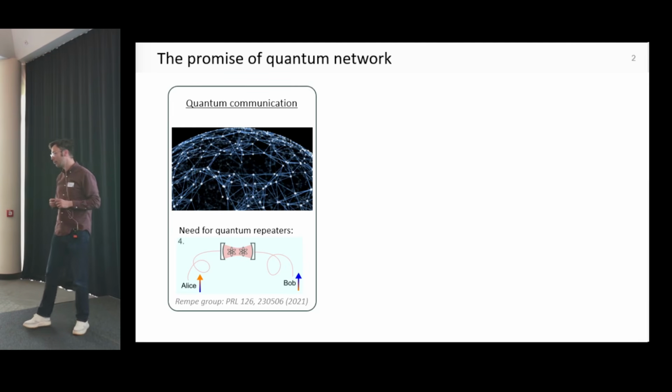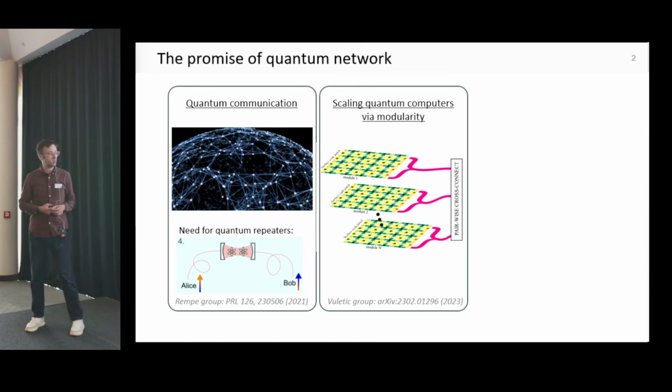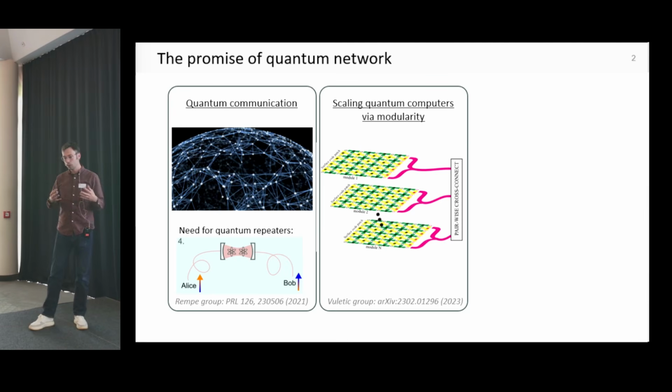I think there's a very compelling argument to make that the modularity that a quantum network offers will be needed to scale quantum information processors. No matter what the architecture is, whether superconducting qubits, neutral atoms or trapped ions, at some point you're going to run out of space in your cryostat, under your microscope, on your trapped ion chip, and you want some way to link modules together, and a quantum network can do that.